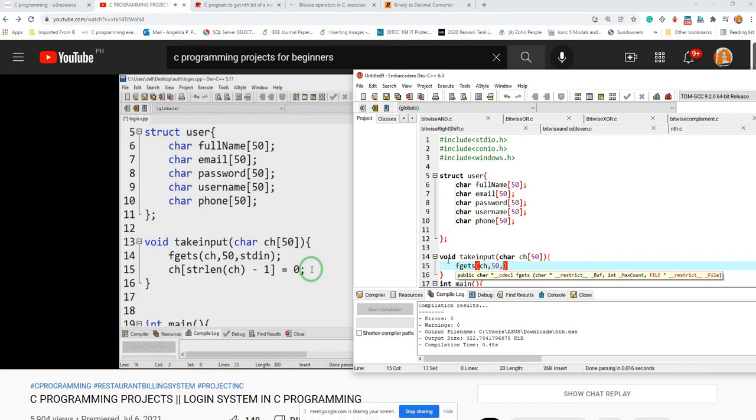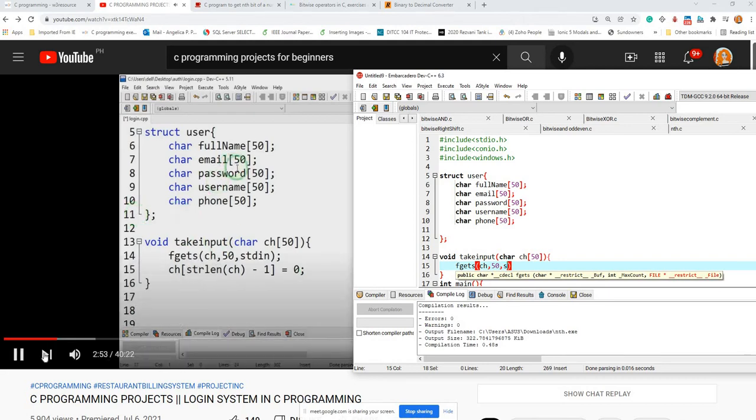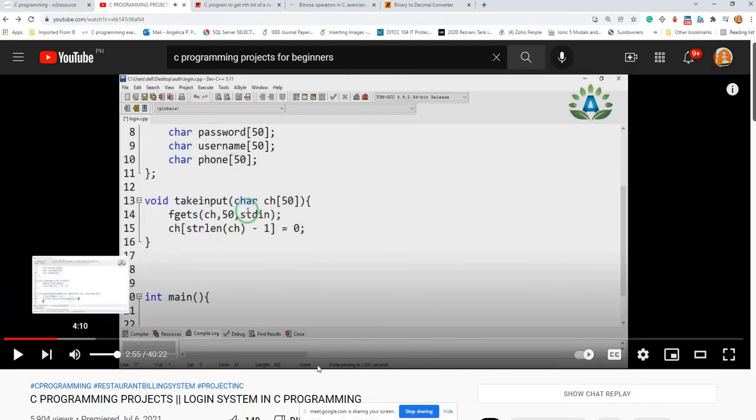Another function will be to generate the username. So what we are going to do is we are taking the email as an input and